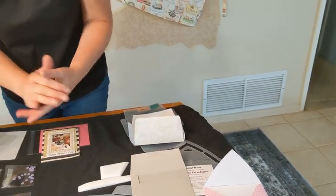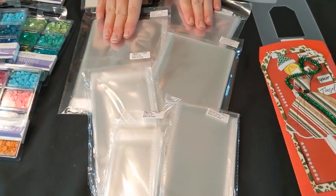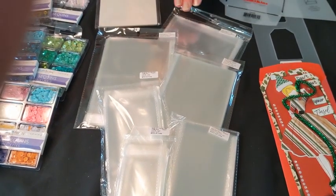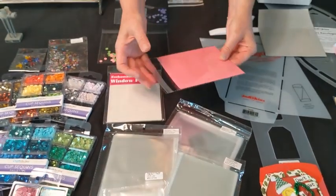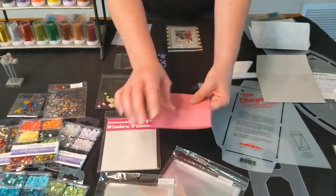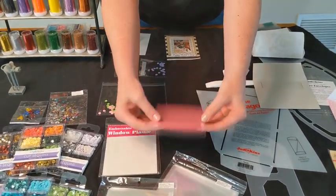All right, so we've got a couple different ways that we do shaker cards. We're going to look at these bags for a couple of different reasons as well. We've got lots of different size clear bags on the website. What do you ladies use them for? Well, first of all, some of you, I just folded a piece of paper. We're going to pretend that's a card. Some of you like to store your